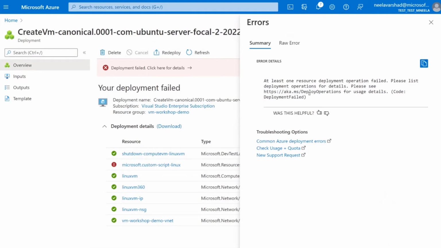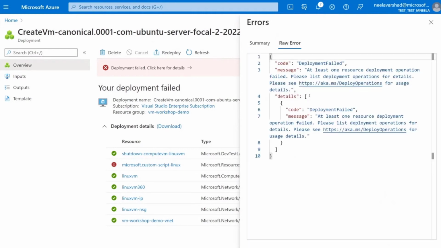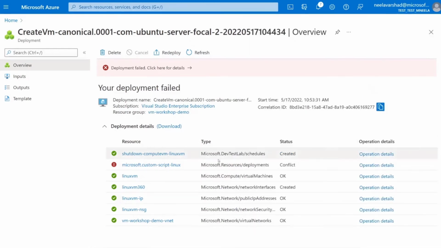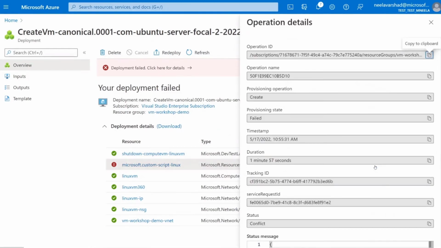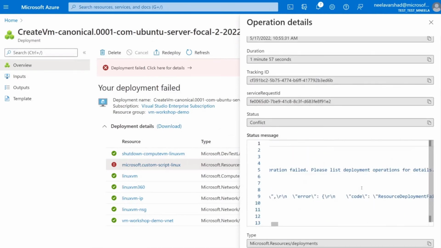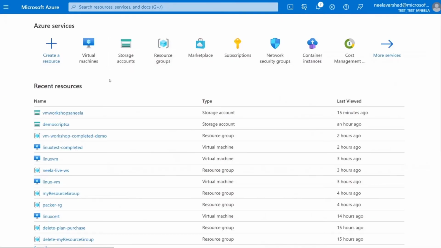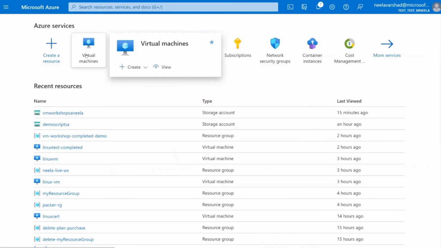All right. So it looks like our script failed for some reason. Let's go in, see what the summary is. Okay, I think I know why it failed. Failed to execute the command. All right, so it looks like I may have a virtual machine configured with the same name, which is probably